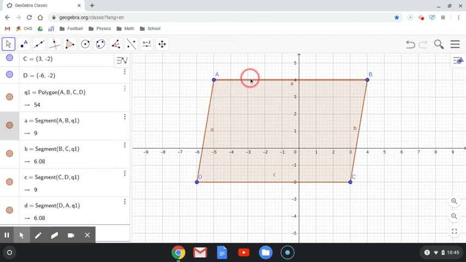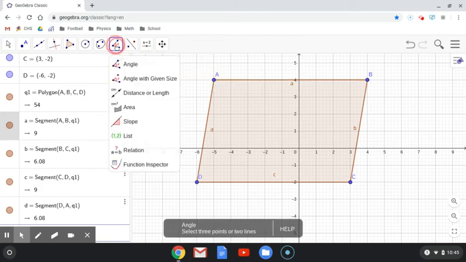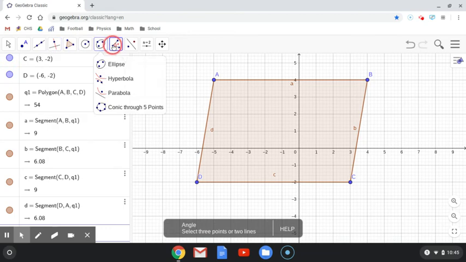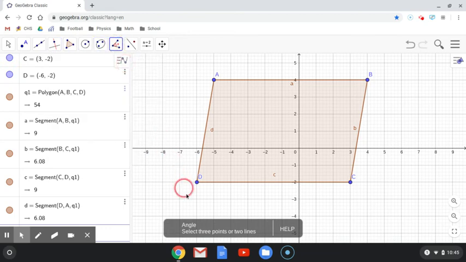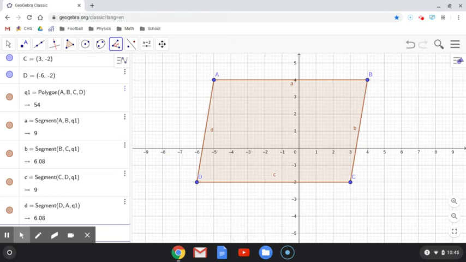So to measure the angle of A, I'm going to click up here on my toolbar. I'm going to use the angle tool. So clicking on angle, it'll tell me below that if I select 3 points or 2 lines, I'll be able to measure angle A. So to do this, we're going to select 2 lines. The 2 lines that form A are D and A. So I'm going to click on D, and then I'm going to click on